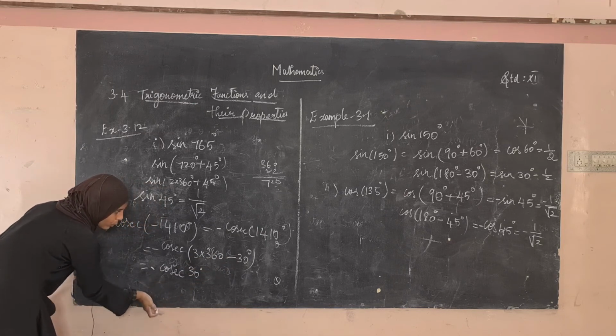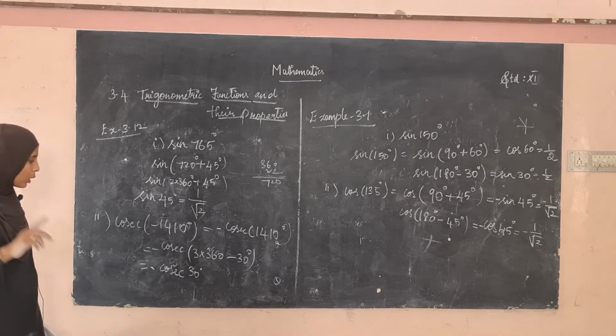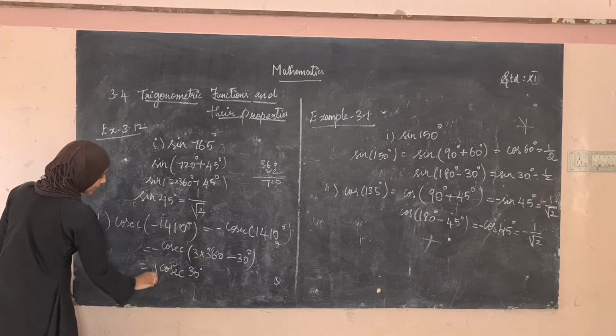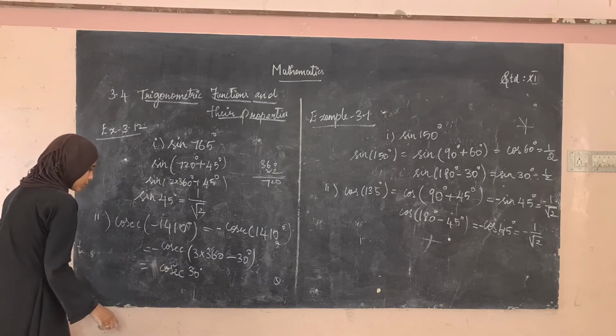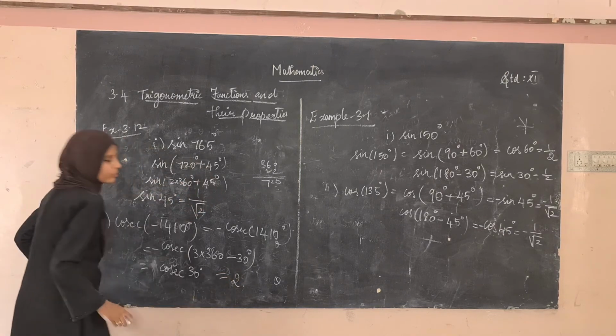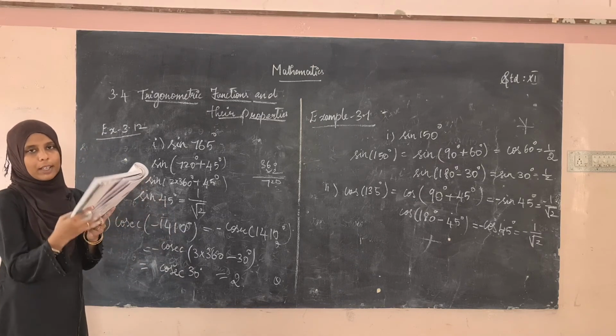It lies in the fourth quadrant. Fourth quadrant la what is positive? All students take chocolate. Only cos is positive. So see here it is cosecant. Therefore it changes to plus. Minus into minus it changes to plus. What is cosecant 30 degree? It is 2. Okay, and now the third subdivision, cot of minus 15 pi divided by 4 is the assignment